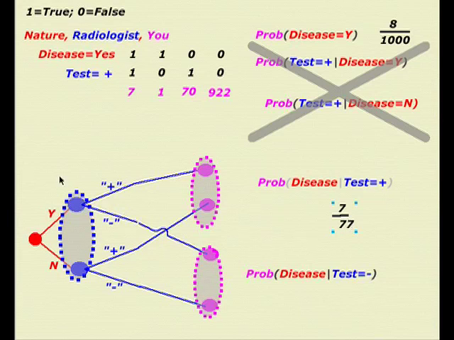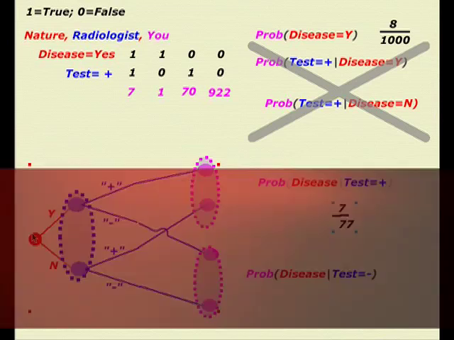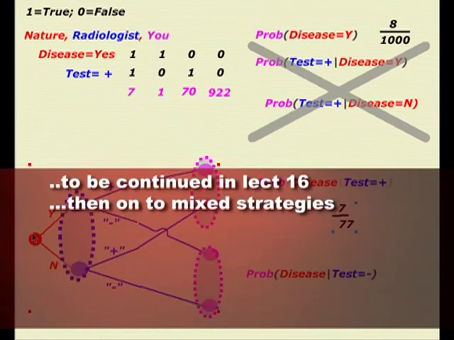Now, we're going to use this pattern a lot. This is going to be the one where Jason's selling his car, and the car could be good or bad, and the fact that he's got it for sale worries me, okay? Because I know people who have lousy cars, put them on the market to sell them, and if it was a good car, why would he be selling it? Okay, and we'll use that kind of reasoning just with that little table to try to figure out, I'm out here, I can't see behind what nature's doing, but I can take something from what Jason's doing, so that inference, just like you can take an inference here from what the radiologist said. So we'll come back and look at that tomorrow, and then we'll work at mixed strategies.